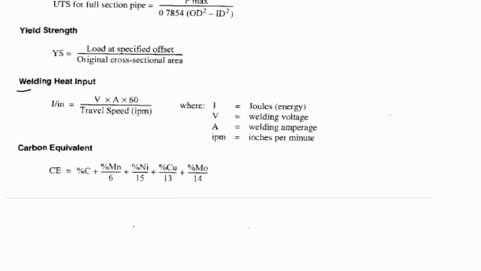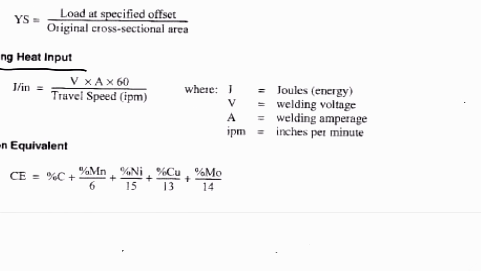How about the welding heat input? The welding heat input is the amount of heat generated to the weld and is a function essentially of energy. As the heat input increases, the cooling rate of the material decreases. It is given by this formula, which is